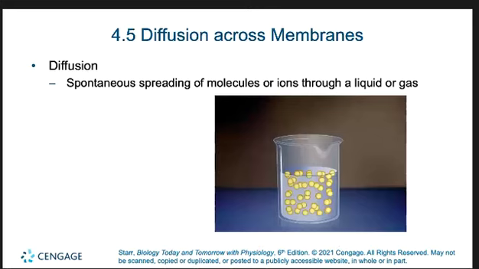So one of the things we have to appreciate about living systems is not only do they have to take energy from fuel and use that to do work, but they also have to determine what they want to let in and let out of the cell in order for it to function. Okay, so there's two types of cell transport that sustain the cell, and those are passive transport and active transport.